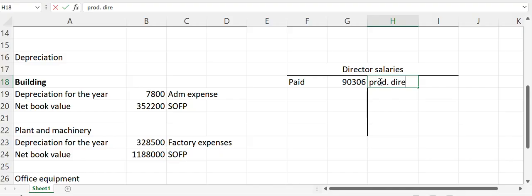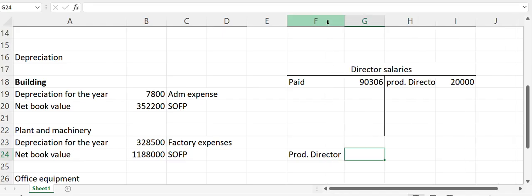Because we want to record the production directors in the manufacturing. So this one is supposed to go to the manufacturing. So I'm going to include somewhere here, I'm going to say production director, the figure was 20,000. So this figure we are going to record it under indirect cost